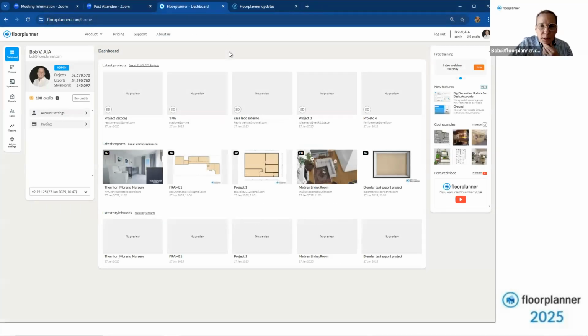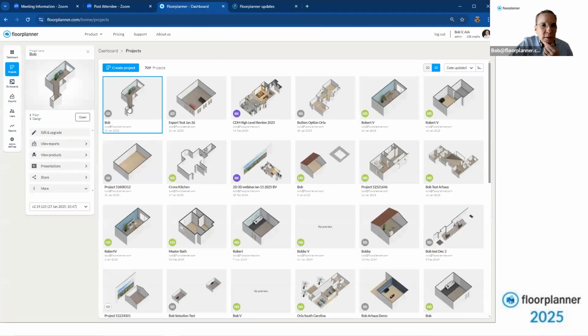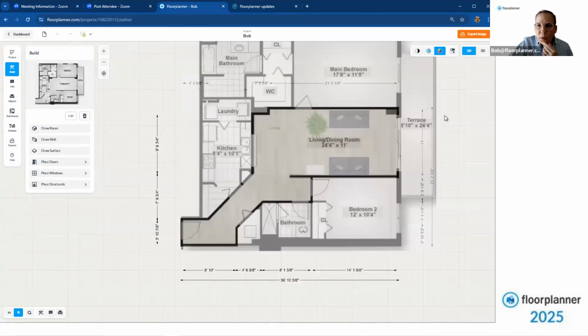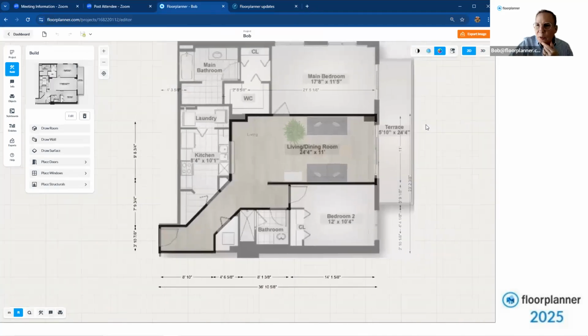And let's talk about groups and favorites. So we're going to go ahead and open up one of my projects, use it as an example. Since we now have groups and favorites available to all 6 different subscriptions of Floor Planner,